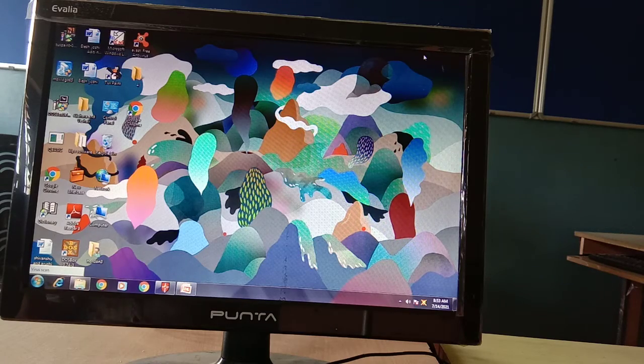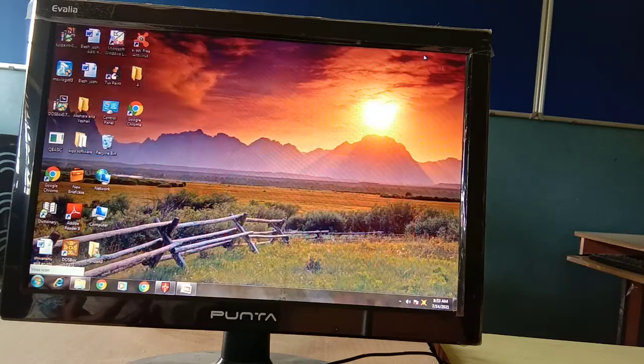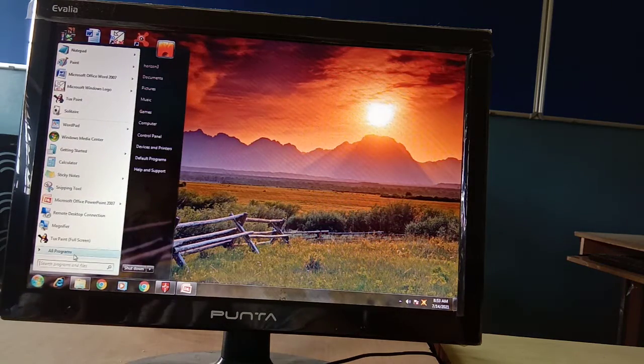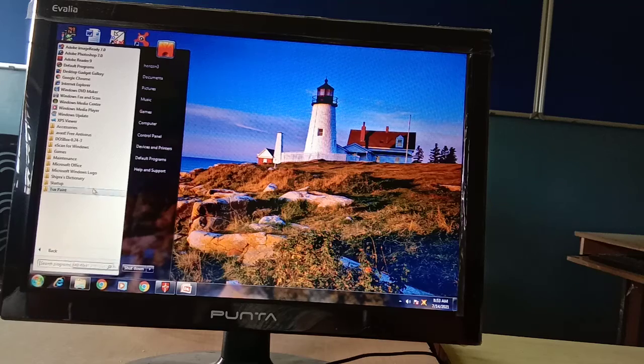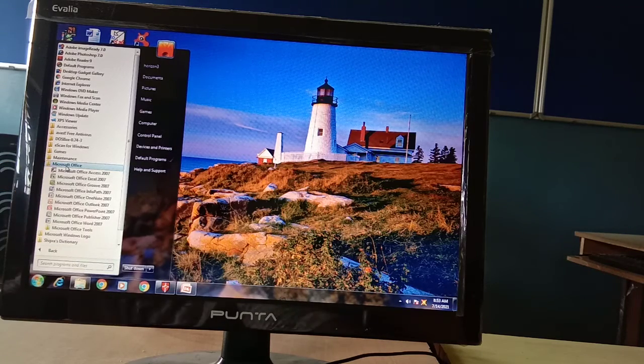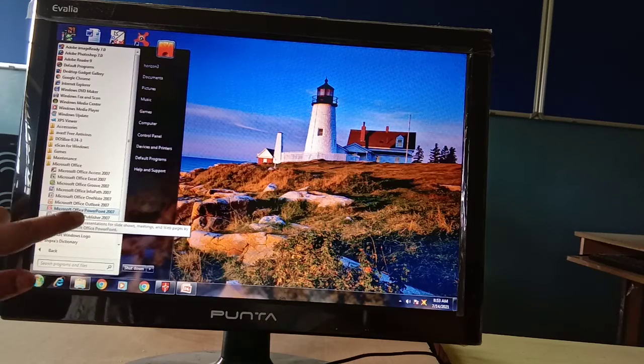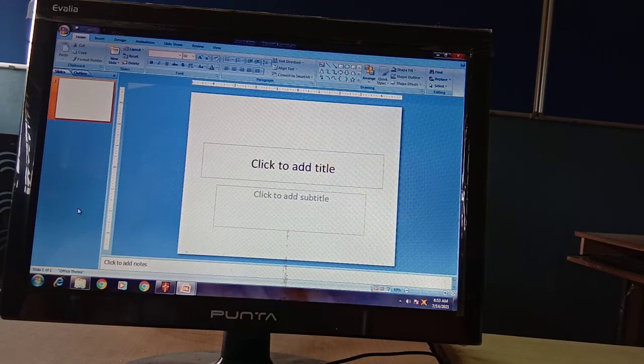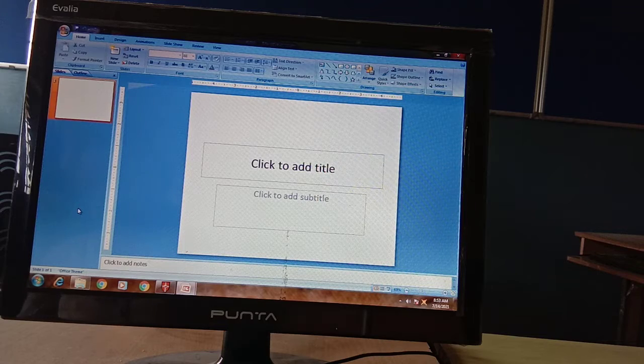So first of all, let's again start with how to start Microsoft PowerPoint. It's very easy. Go to the Start menu, go to All Programs, and then go to Microsoft Office. As I click on Microsoft Office, Microsoft PowerPoint will open. This is how your Microsoft PowerPoint window opens. I'm repeating these steps again and again to make you learn how to open Microsoft PowerPoint. And in other versions like Windows 10, you can search and open it.